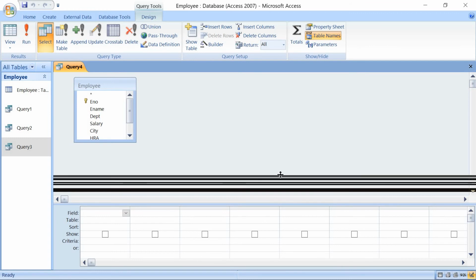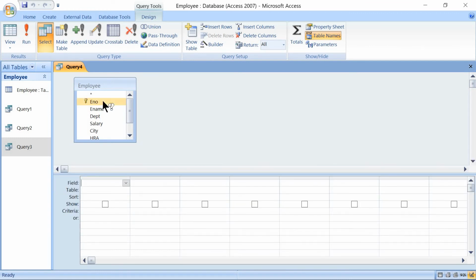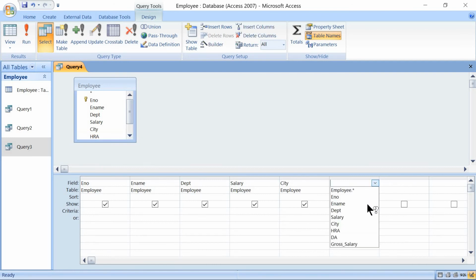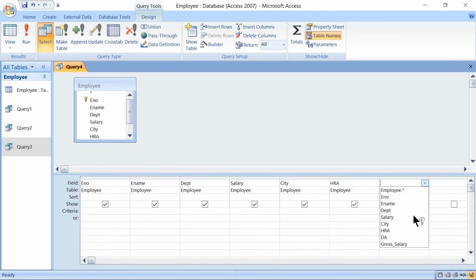Later select all the attributes: employee number, employee name, department, salary, city, HRA, DA, and the last one is gross salary.